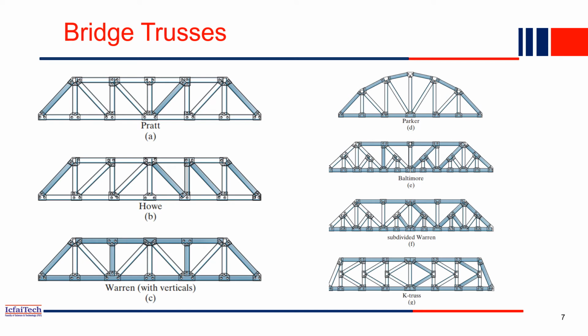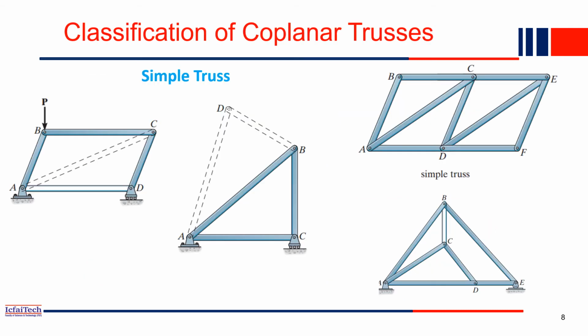Whatever we have studied as roof trusses, we have a similar thing with the same name, but with a modification of shape. Here, see how it looks, like a Warren truss. All these trusses are normally used for construction of bridges. Depending on the span of the bridge and the load coming, we can go with different types of trusses.